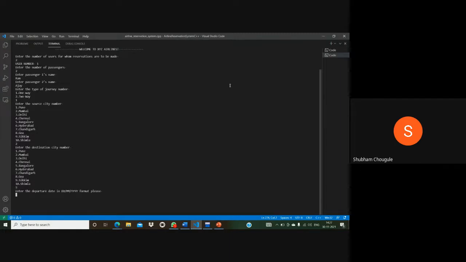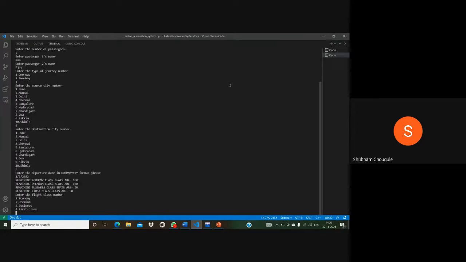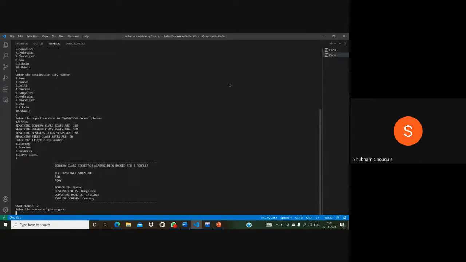Departure date will be 1/1/2022, and the economy class. And this is the receipt printed by the output.